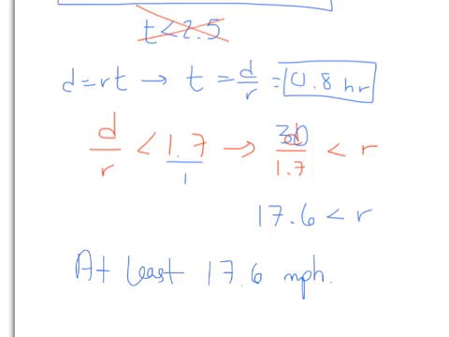Should it be greater than or equal to? Yeah, sorry. Well, let's see what the problem said. It said less than 2.5 hours. Yeah, if it said less than or equal to 2.5 hours, we would have done that. Absolutely. Okay? Instead of at least, I should change my words, right? Because at least means it could include that. We should say,